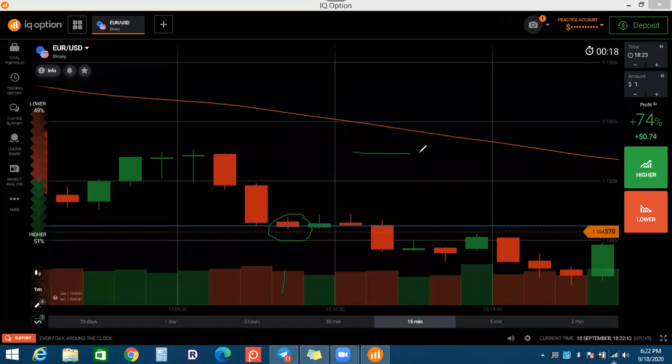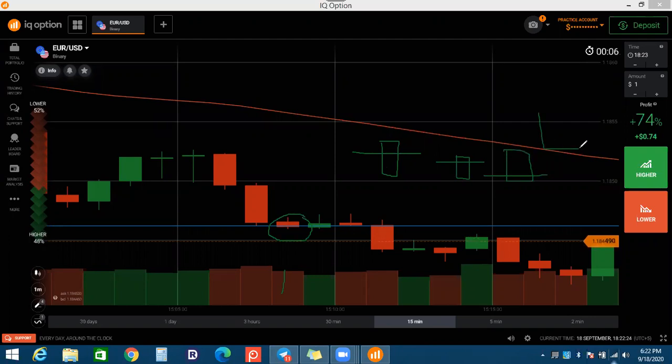Otherwise, there is a level, the 50% level, where the body is making a breakout. Maybe sometimes you will see this type of breakout, sometimes this type of breakout, sometimes this type of breakout. So all of these breakouts show the strength and weakness of the breakout. And when you see the breakout, you look at whether the volume is increasing or not.